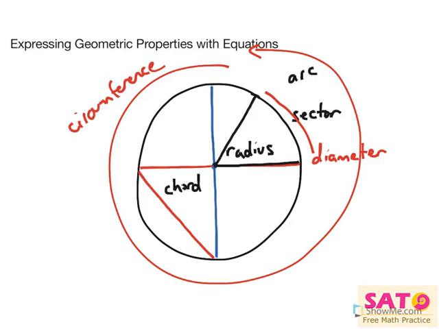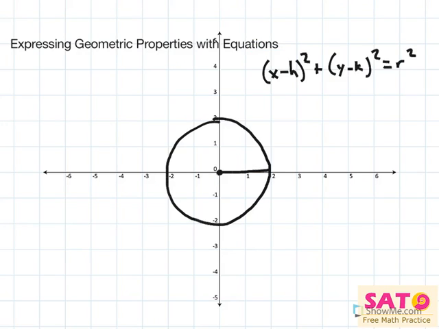Alright, now that we know that a little better, let's talk about how to find the formula of a circle. So for this circle here, the equation of the circle would be (x minus h) squared plus (y minus k) squared equals r squared. R stands for the radius,